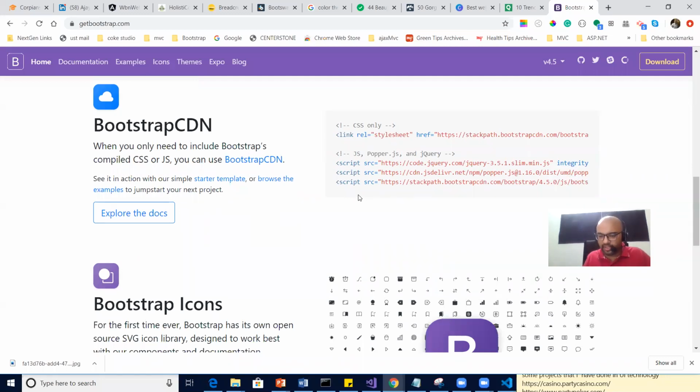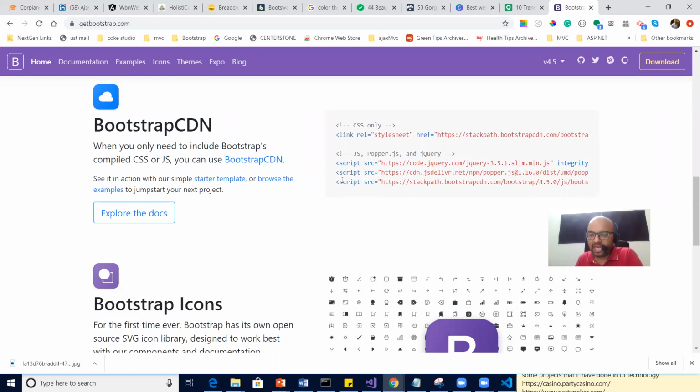As of now, for a quick win, because today's target is to at least put down the basic layout of the home page, and make sure something dynamic is also there. So for that purpose, I'm taking the CDN link of Bootstrap.